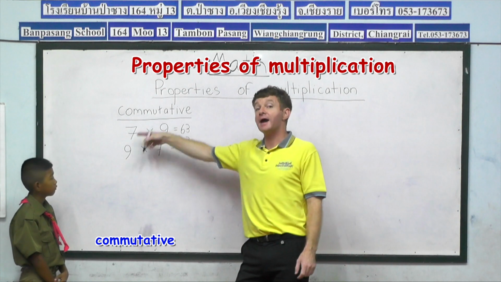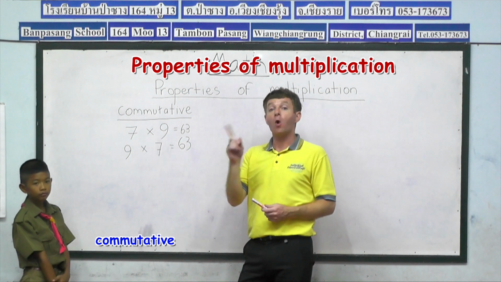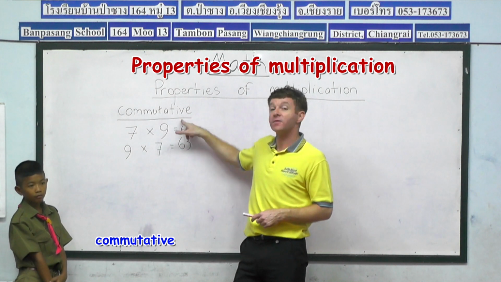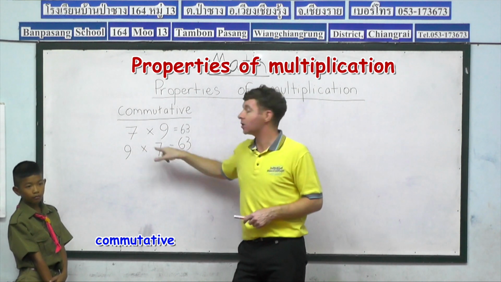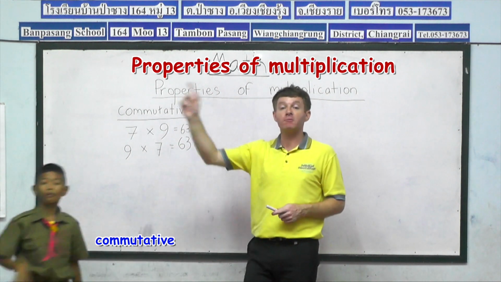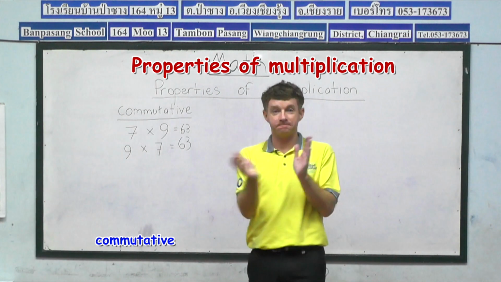Whatever way we have the two digits, we will always get the same answer. This is the commutative property because the digits are the same. And Pat, that was excellent. High five. Big round of applause for Pat, please, guys. Now